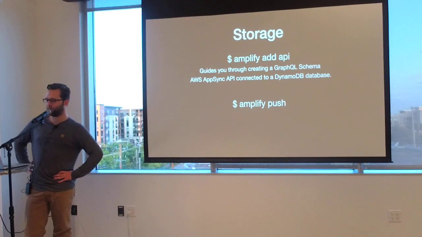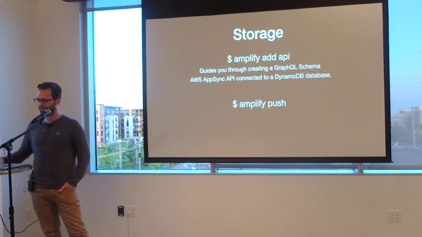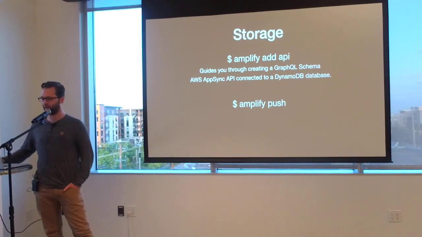And then for your app, you're going to want some storage for it, so you add API. They like to use GraphQL, so it guides you through setting up a GraphQL schema. It's a basic to-do list, so it just has name and description is all it really sets up on the schema. But it's nice just to have that built for you. You pick an API name for it,